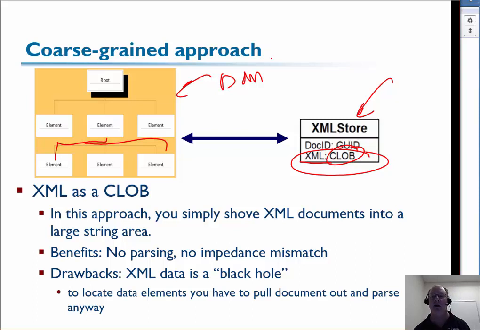All right, so in this case, the input case is very easy. The import case, I should say, because I'm just taking and writing it to a CLOB. The export, though, is very expensive. Not only do I have to chase down a character large object, which we talked about at the beginning of this module, can be expensive, but now I've got to pull it out, put it in memory, and parse it somehow. DOM, SAX parsing, run an XPath on it, run an XQuery on it to get whatever it is I want, no matter how fine-grained that information might be.